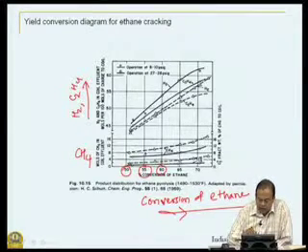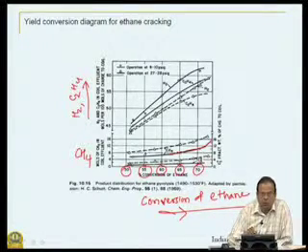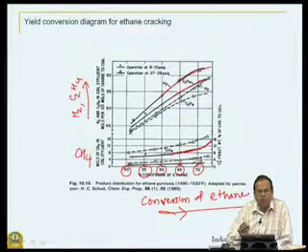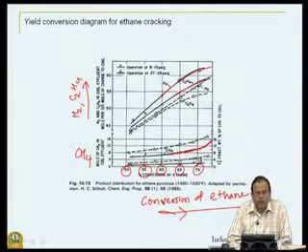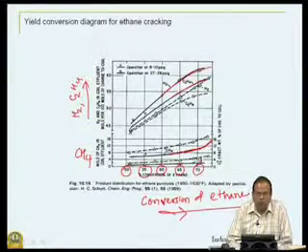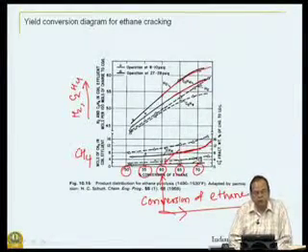But as the conversion increases to 65 or 70%, there is a much more rapid increase in the methane that comes out compared to the ethylene. For example, hydrogen and ethylene start saturating and more methane, the byproduct, is coming into the system. What it implies is two things. One is that you do not want high quantities of methane. So, it implies that you have to stop your reaction at around 60% conversion.